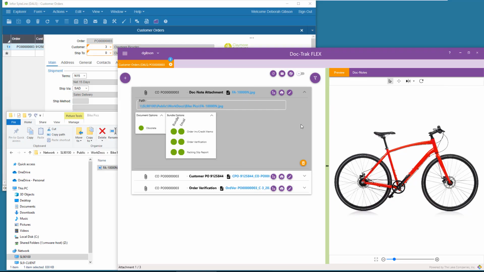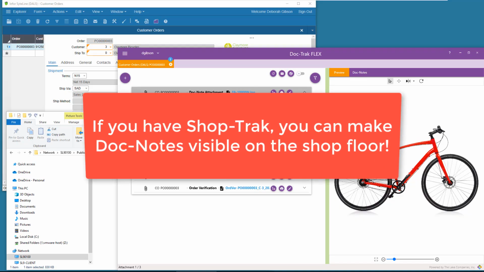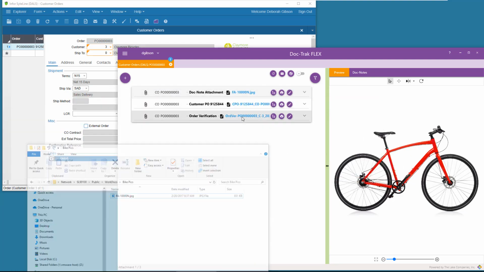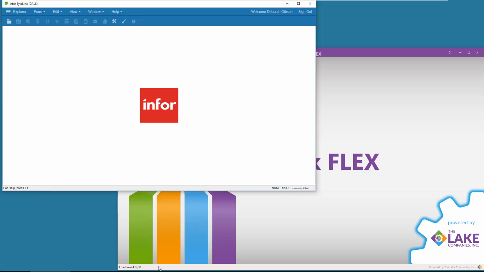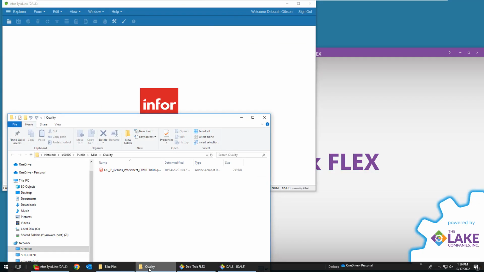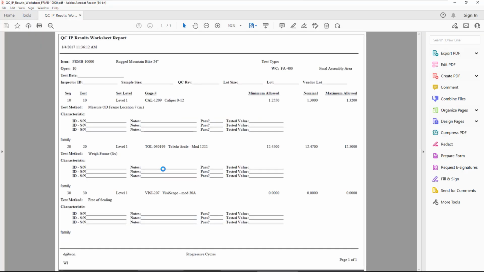And here's another nice feature. If your company has ShopTrack, then you can make selected job order or operation notes available to your folks on the shop floor. In fact, let's close these windows and do that right now. I want our shop floor workers to use this worksheet for recording tests and inspections on job 610.